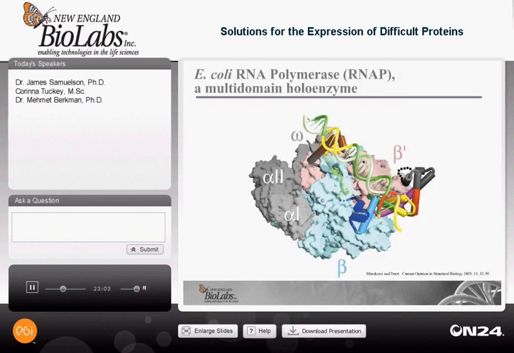My next slide shows a picture of the E. coli RNA polymerase holoenzyme that is also complexed with the fork junction DNA. The enzyme core is shown as molecular surfaces, and the subunits alpha-1, alpha-2, and omega are shown in gray. The beta subunit is shown in blue, and the beta prime subunit is shown in pink. We also have the associated sigma factor shown as a backbone, with the alpha helices shown off to the right, and the DNA fork junction shown in green with the -35 and -10 elements shown in yellow.